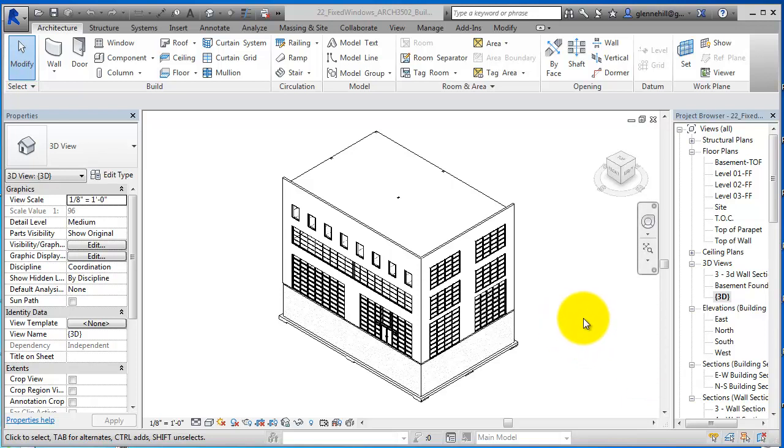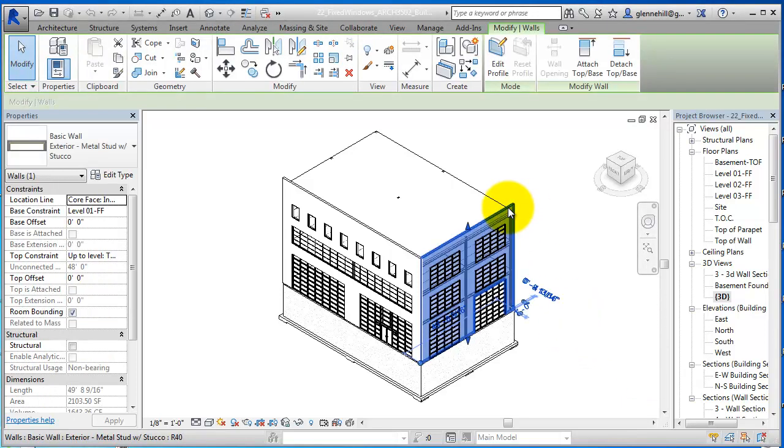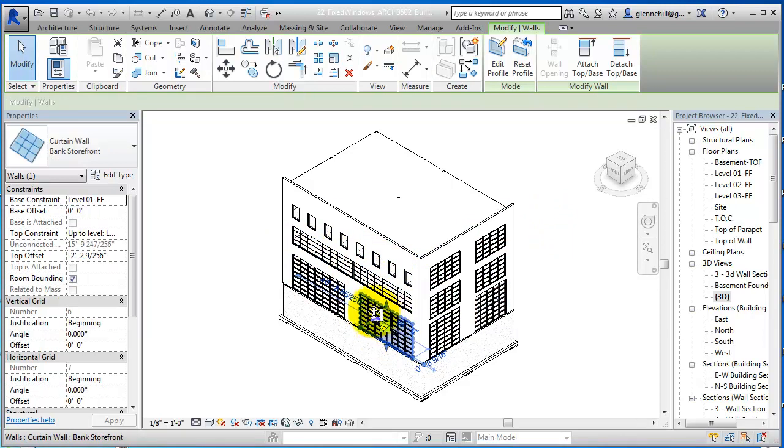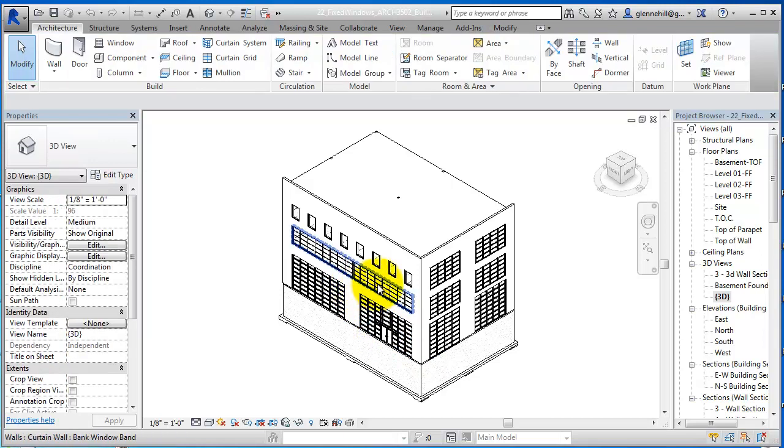In our last video, we talked about steel curtain walls, or metal stud curtain walls, our opaque type of curtain walls. Here we just put some stucco or EIFS on the outside of this particular curtain wall. Of course, it could have veneer of a variety of different types, whether it was stone, brick, metal, whatever. And we talked about how to use a storefront and insert a storefront into a wall,